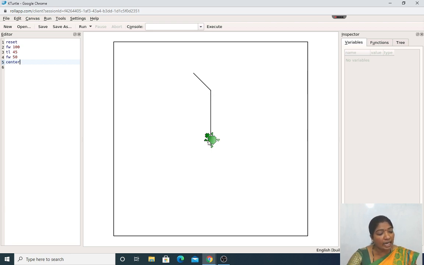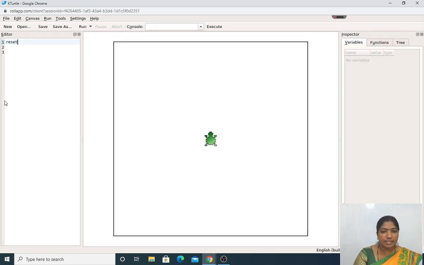Without removing the line, what has it done? It remains in the same direction as it was before the given center command. Let us see which are the options, okay? There are certain commands which we have to make use of. That is reset. It has come back to its original position. After that, forward 100. It has gone forward, like FW 100.